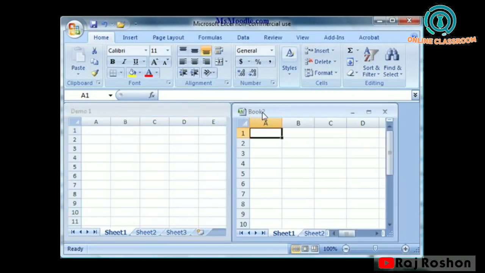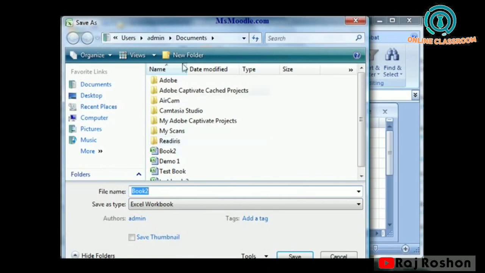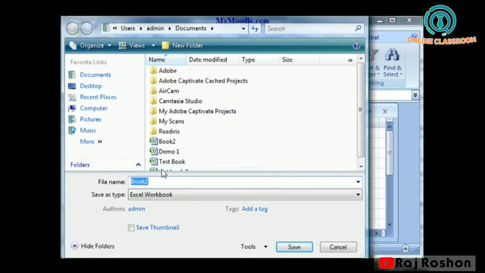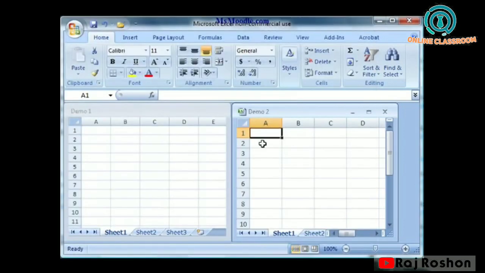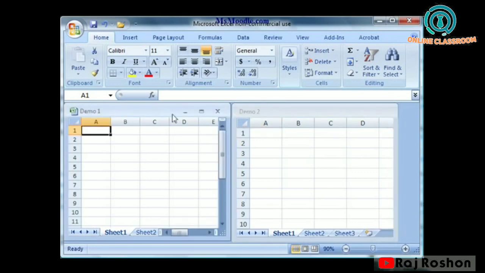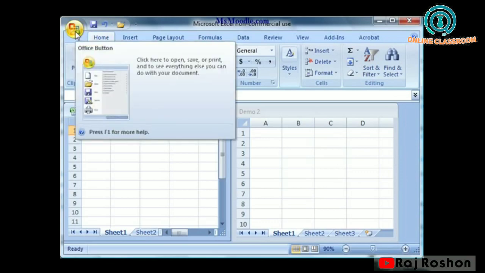Now this one also we will try to change. It is very easy, you have already done this. We will write another name and save. In this way you can create and save. It is page number 115, 116 in your book.